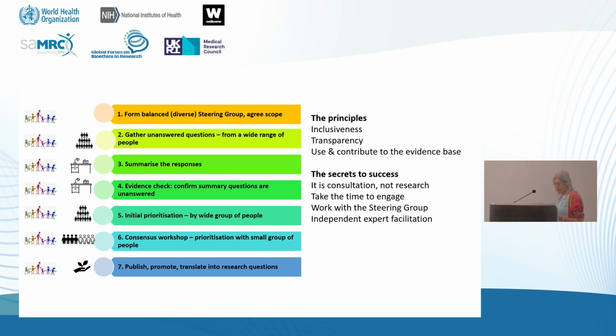The other thing that's interesting is that the result is a top 10 set of priorities, or a set of ranked priorities. And I say a set of priorities, it's not the set of priorities. The aim of the process is to include something in the research agenda which matters to people. It's not necessarily the definitive one, and if we did the exercise again in 3 months' time, or even the following day, it might be a slightly different result, hopefully not too different. But we're not trying to pretend that we've got the complete answer, so it's quite a humble process in that sense, that we're just adding to the research agenda.